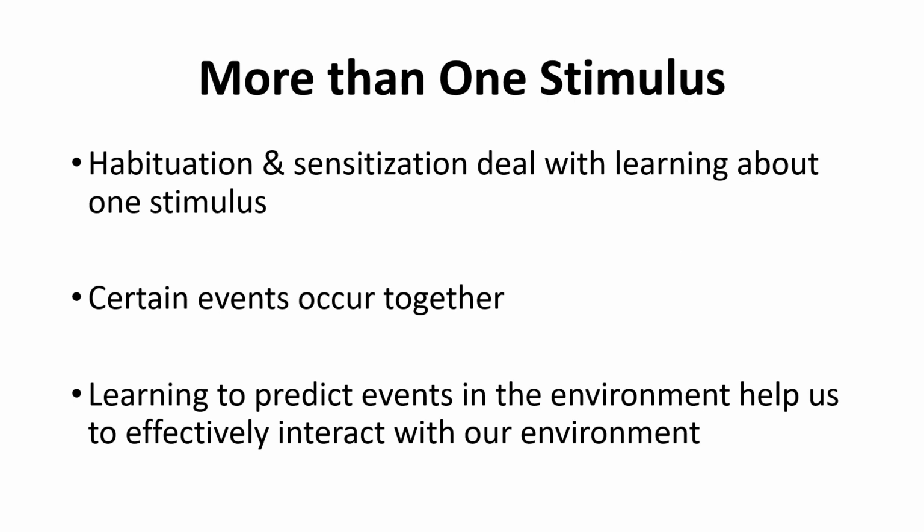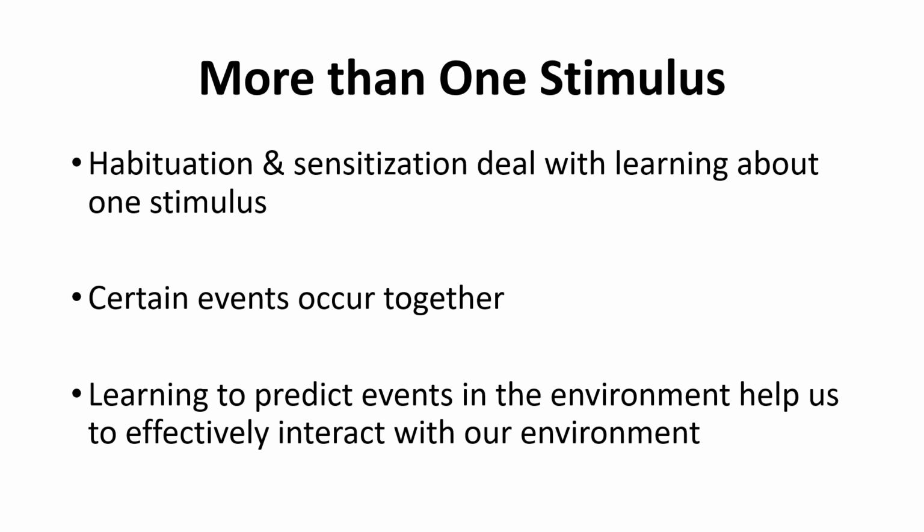Now, up to this point, we've talked about habituation and sensitization, which involves just learning about one stimulus. If we just had one stimulus and that was the only way we could learn, we'd be fairly restricted in what we could learn. The world is a lot more complicated than a single stimulus could ever hope to encompass. In the real world, certain events are going to occur together, or co-occur. And so we're going to be looking at classical conditioning as event-event learning, where we learn about two events that